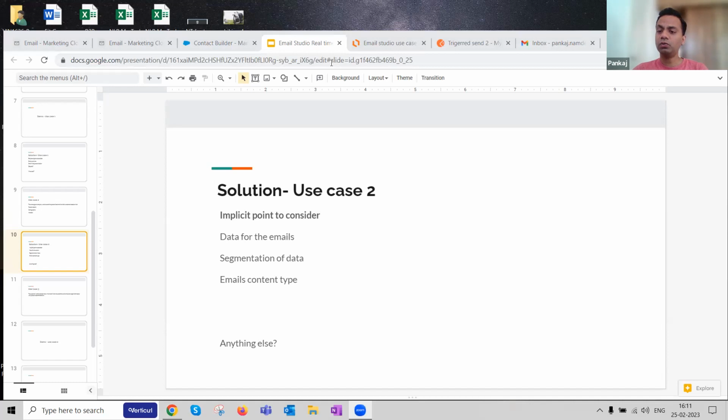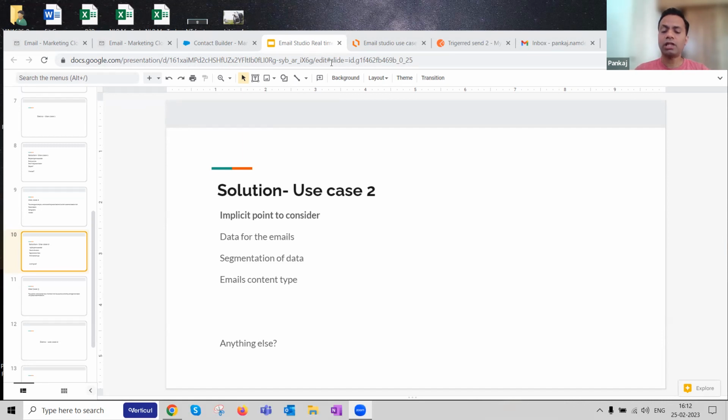I think we can't do the dynamic content of use case 2 without AMPscript. I mean, again, the answer is yes and no, depending on the use case. You can use AMPscript in one of the content blocks to do something else in that particular email. For example, get a coupon code. For example, get some data with respect to the purchase you have made last time, something like that. Nobody's stopping you from doing that. So again, yes and no, depending on the use case, if you've got what I've said, Lakshmi.